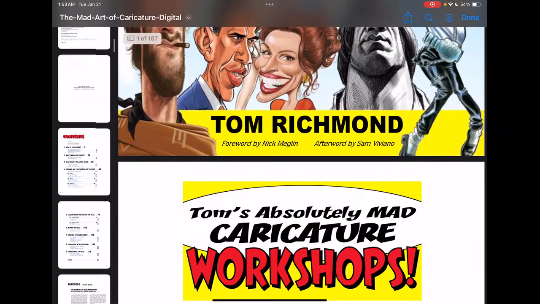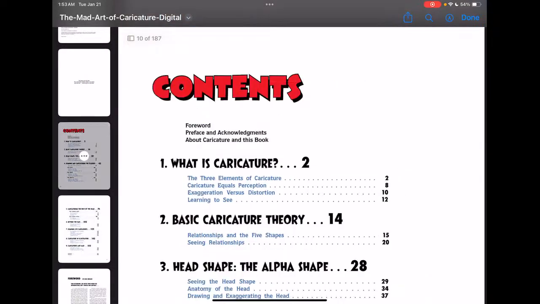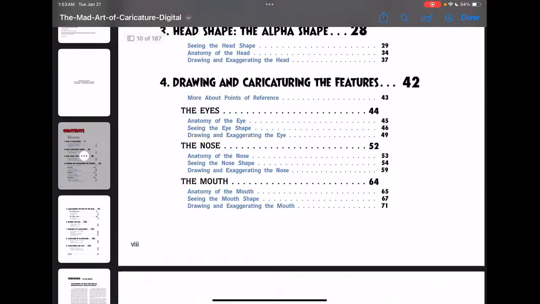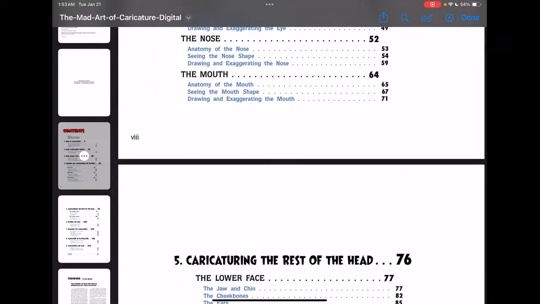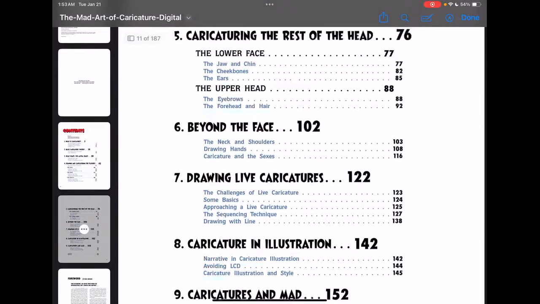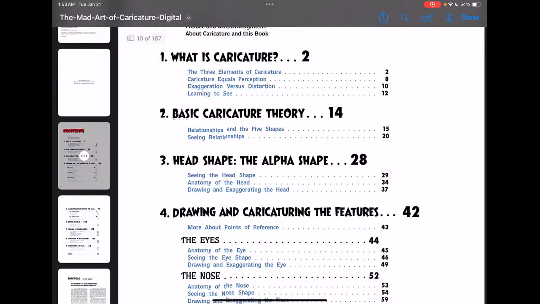It's just one of those things. So let's see if I can gain a better understanding of the T-shape and this theory that will help us develop our caricatures better.